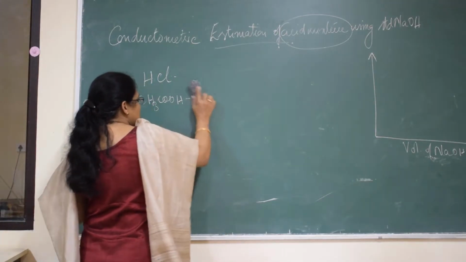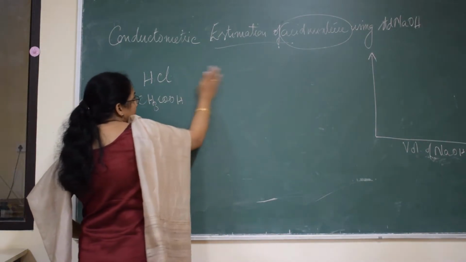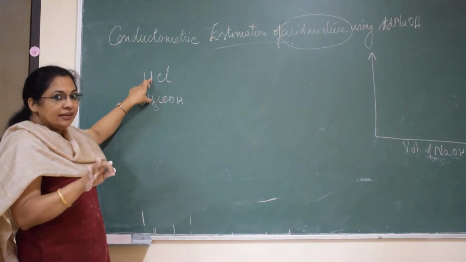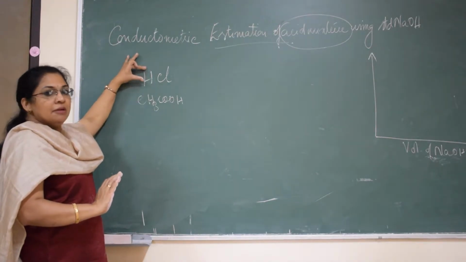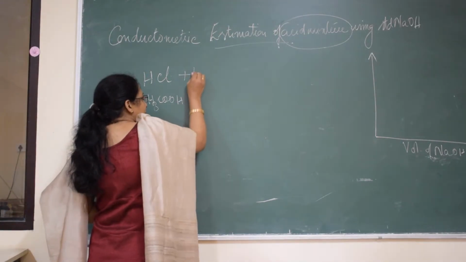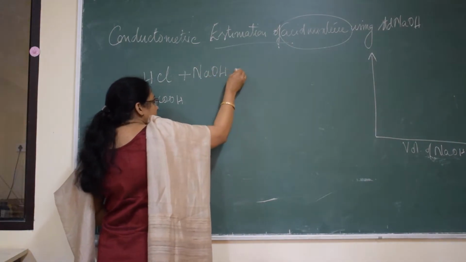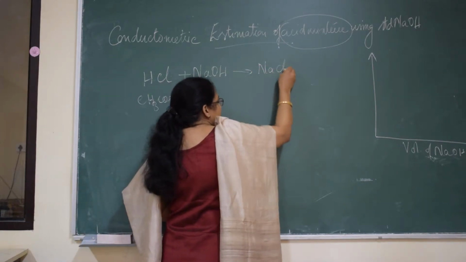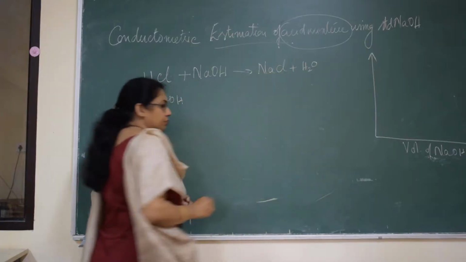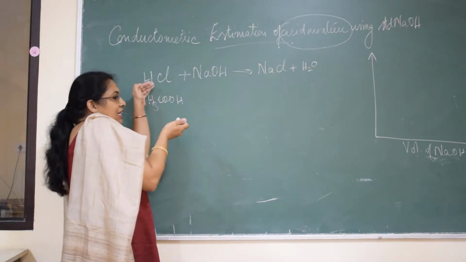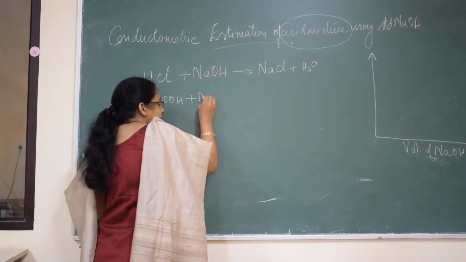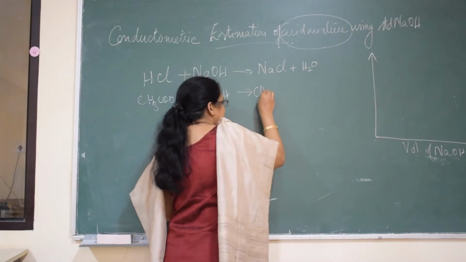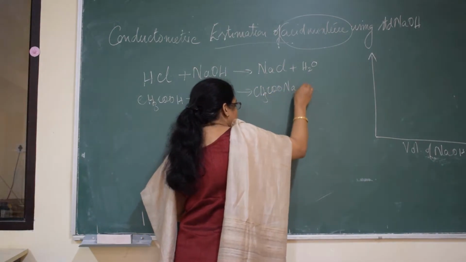When I do the titration with sodium hydroxide, what happens when I add sodium hydroxide to this mixture? Out of these two acids, which one will react first? We know hydrochloric acid, right? Because this is a strong acid. When hydrochloric acid reacts with sodium hydroxide, it undergoes an acid-base titration or neutralization reaction. It becomes NaCl plus H2O. Once the complete HCl gets over, then your acetic acid will take over and it combines with sodium hydroxide and forms CH3COONa plus H2O.